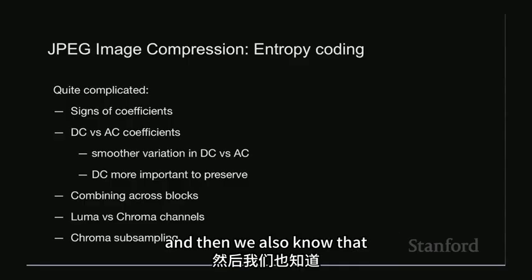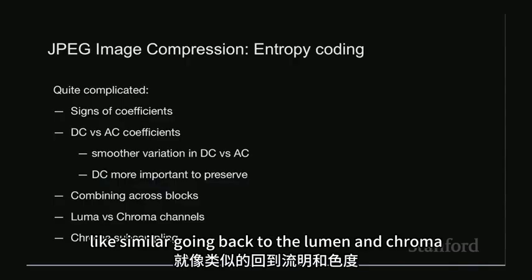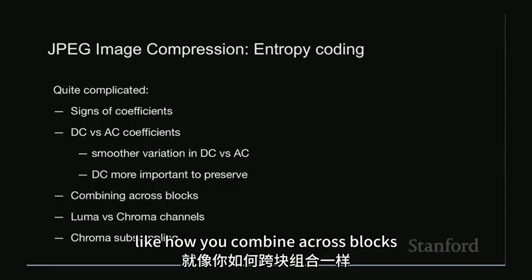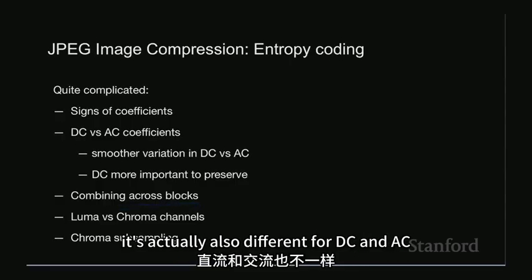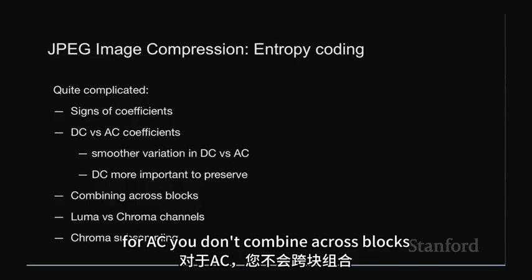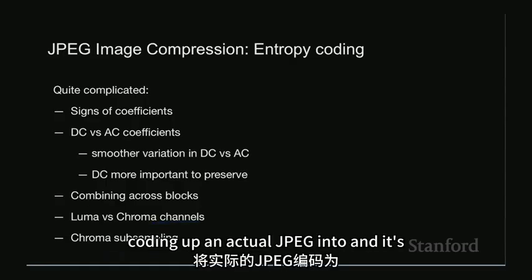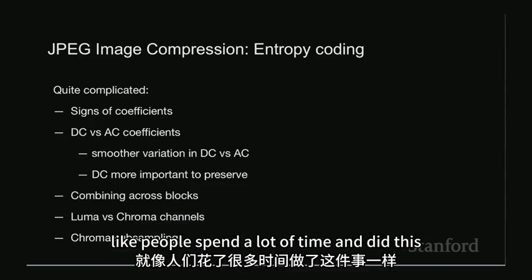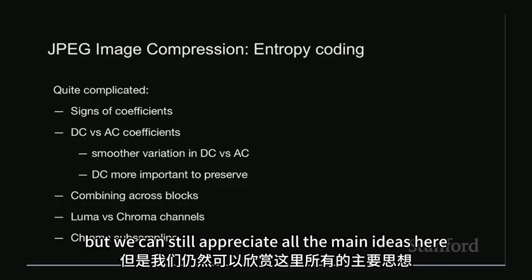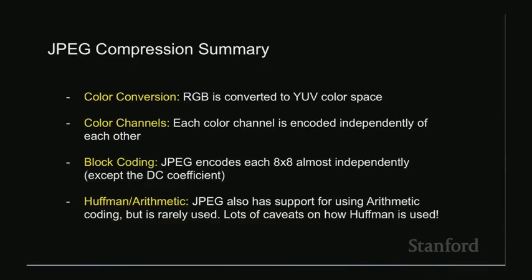And then we also know that the average values are more important to preserve, right? Similar to going back to the luma and chroma. How you combine across blocks is also different for DC and AC. For DC, you actually combine across blocks. For AC, you don't combine across blocks. So coding up an actual JPEG end to end is no joke. People spent a lot of time doing this, but we can still appreciate all the main ideas here, right? And so this is really the summary for JPEG compression, which is